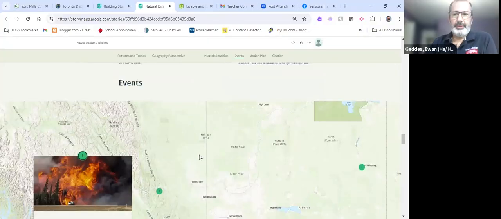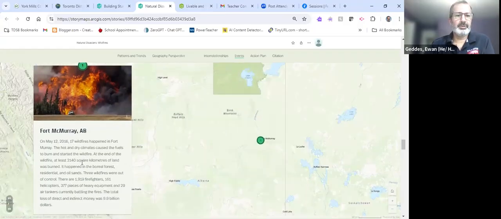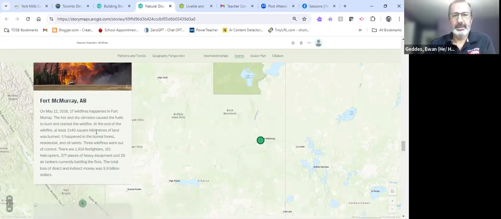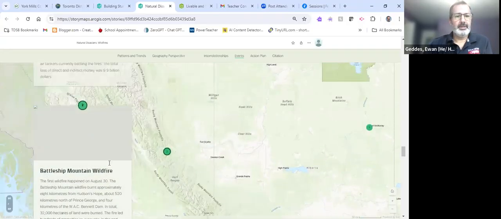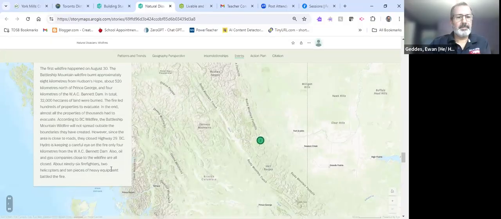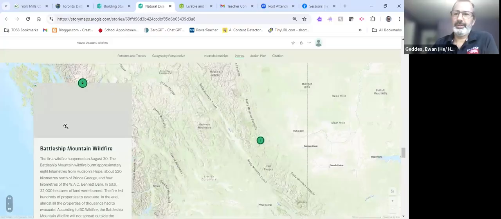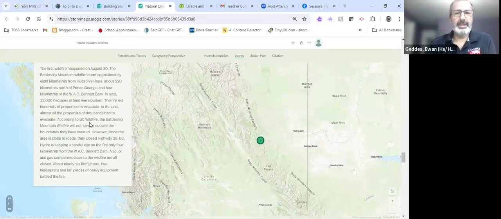And this is the part I like here, where she actually brings us through two events that have happened and goes into a bit more discussion about some specific examples, like the Fort McMurray fire in 2016, and then the Battleship Mountain fire in BC. So this image unfortunately didn't save, but there's an example of the natural disasters